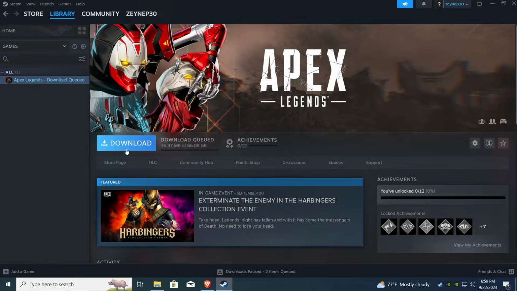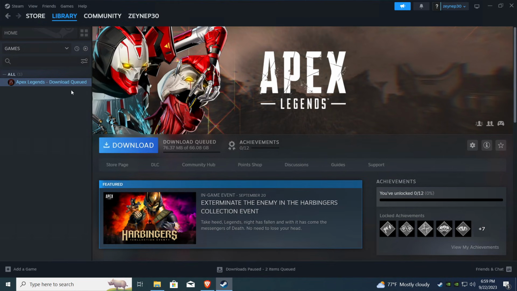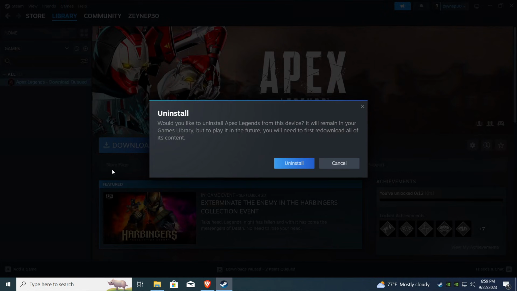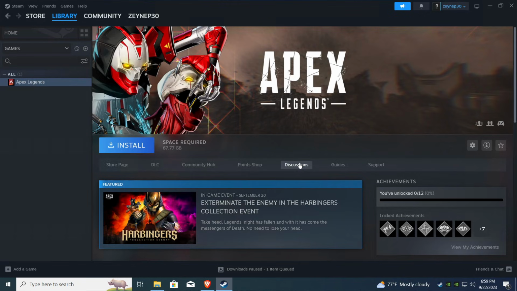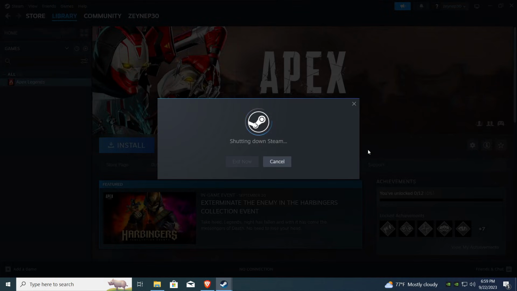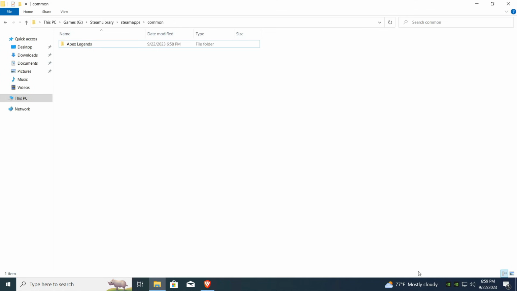Once you have paused the download, all you need to do is uninstall this. Right click on Apex Legends, go to manage, and then click on uninstall, and click on uninstall again. Now you need to exit Steam, and also make sure that it is completely shut down from your notification tray as well. Once you have exited Steam, go back to your backed up Apex Legends